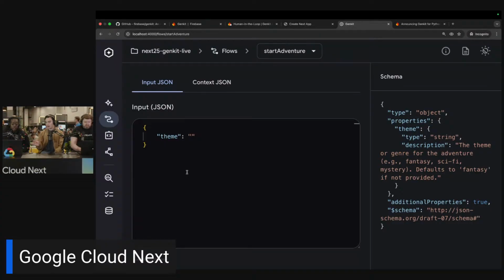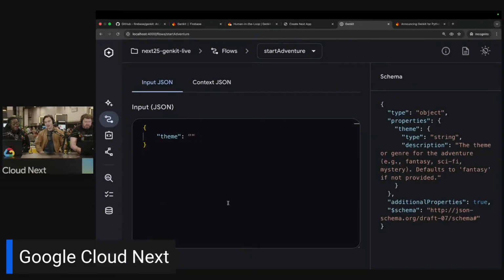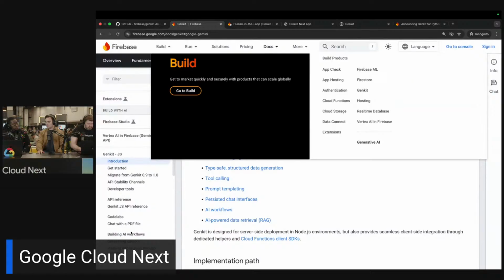But to your question, what do you do when you're in production? Well, you can't use your localhost, a local-first tool, to look at your production traces that your users, hundreds, thousands of miles away, might be making. That's where the Firebase Genkit production monitoring experience comes in. So if you go to the Firebase console, which you saw the link to earlier, I think that's what reminded you to ask about it. Yeah. You'll see that it's pretty easy to set up. I think literally just one or two lines of code that you need to add to your Genkit configuration to set it up so that